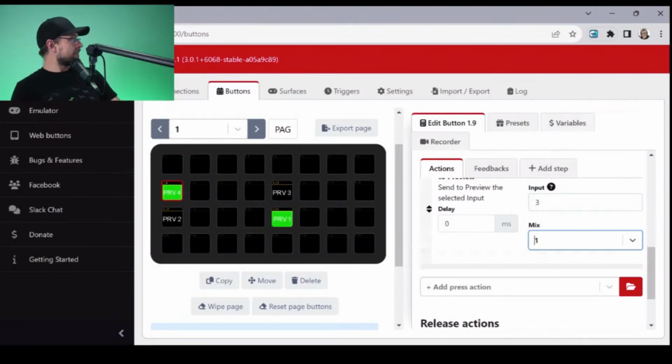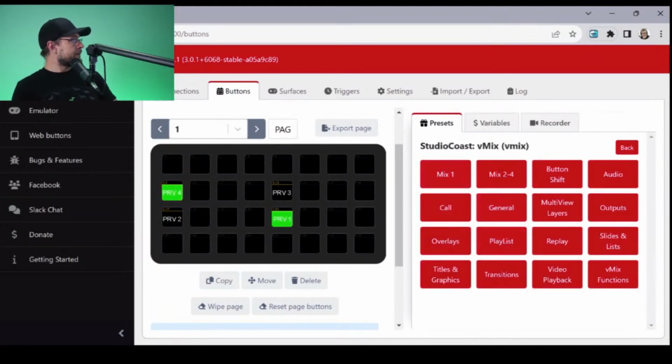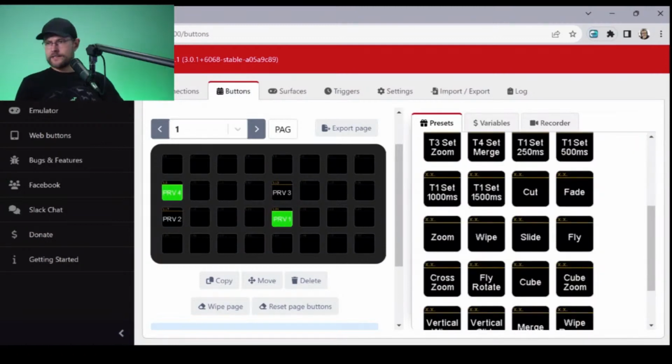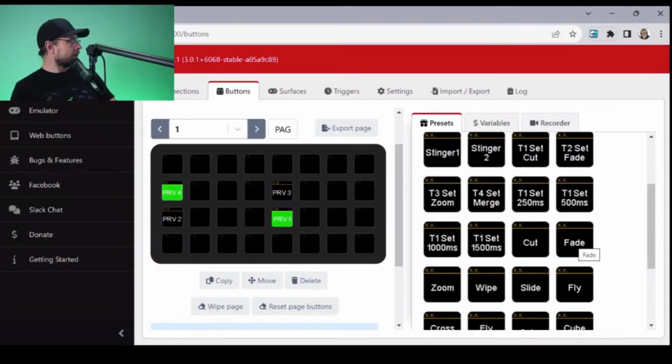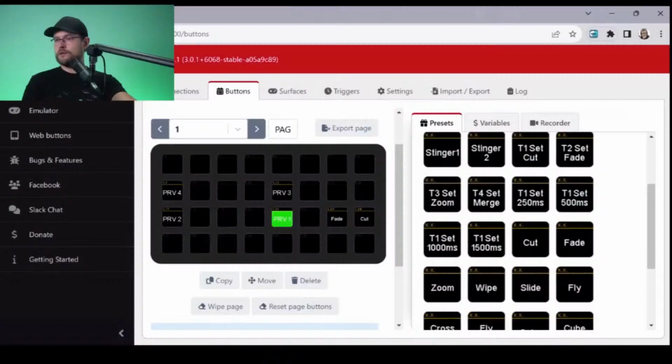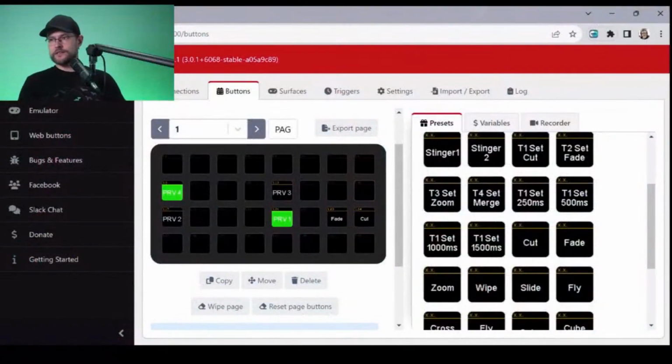Now, before we go any further, let's program the last 2 buttons. So 23 and 24 is fade and cut for me, okay? So I want to use those right away, and I should have done those first, honestly. But here we go. We're going to do transitions. And there are fade and cut right there, right? So we're going to say 23 and 24. So 23 is here and 24 is here. So cut, boom, fade. Oh yeah, all set up. This is pretty stinking cool. All right, so cut and fade are done, good to go.